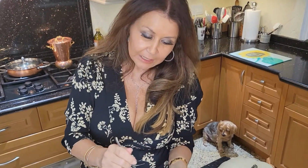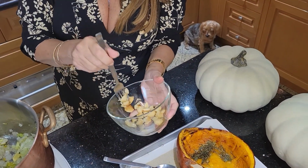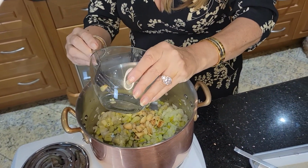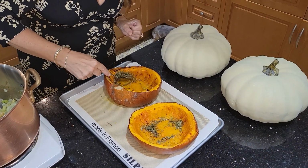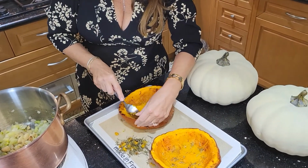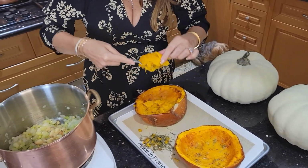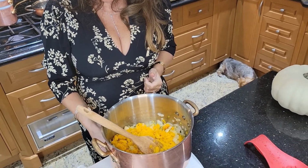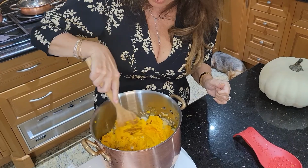all the garlic that I collected from the entire garlic bulb. I squeezed it all out. Oh, it smells so good. I'm going to add it now to the soup. I'm just collecting all the rosemary, and I'm just going to discard it completely. Now I'm just going to remove this wonderful pumpkin flesh and I'm going to add it to my soup pot. I've set it now at the lowest possible setting, and I'm just going to let everything cook together for a